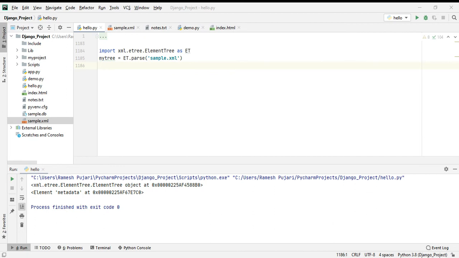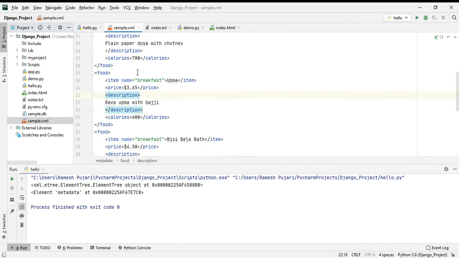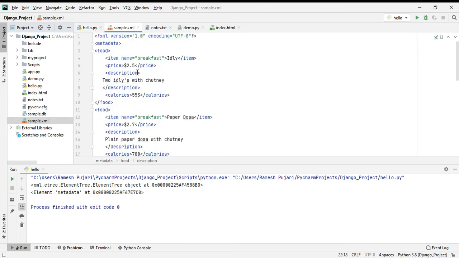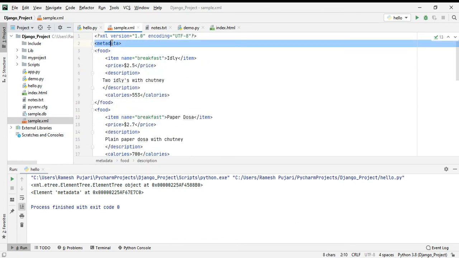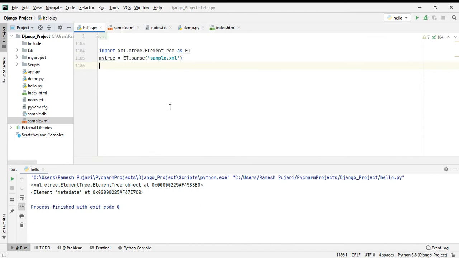Now I have to get to the root in this sample file. So which is my root? The root here is metadata. So I want to get this tag. In order to get this tag, we have the inbuilt method called getroot. By using the getroot method we can get the tag name.